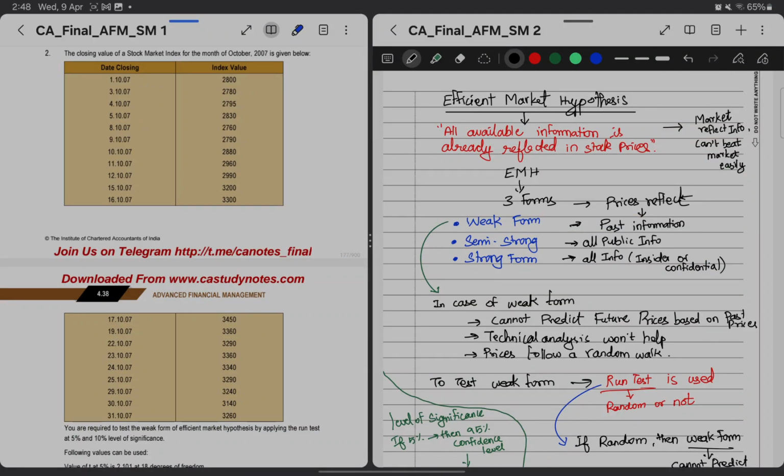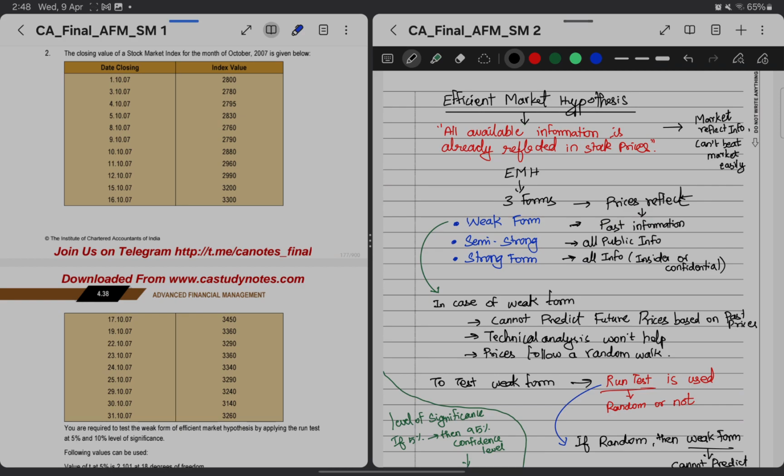Hi CS students, let's revise CA Final AFM Chapter 4 Security Analysis Practical Question 2. The closing value of a stock market index for the month of October 2007 is given below, and they've given closing dates and then index values,